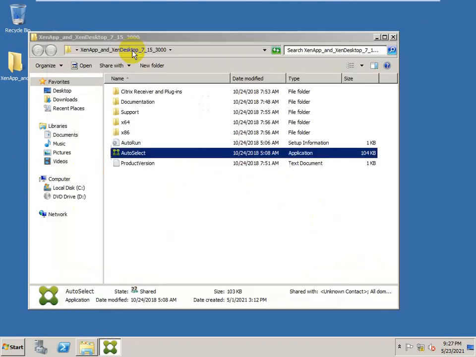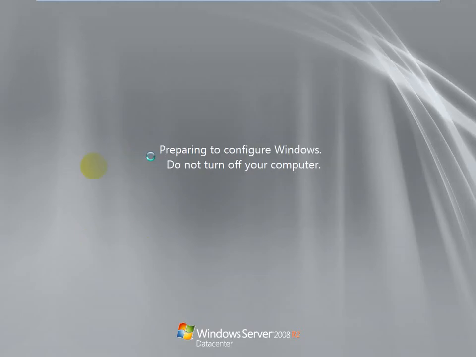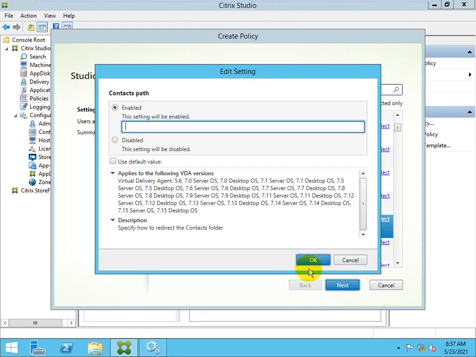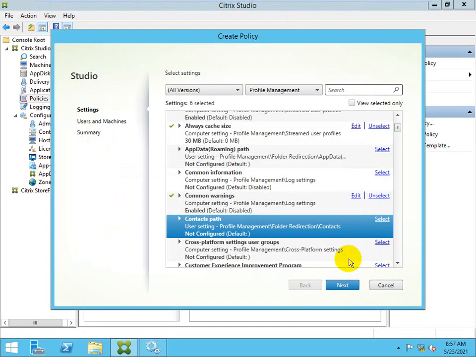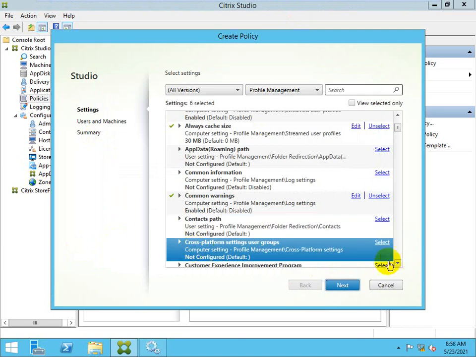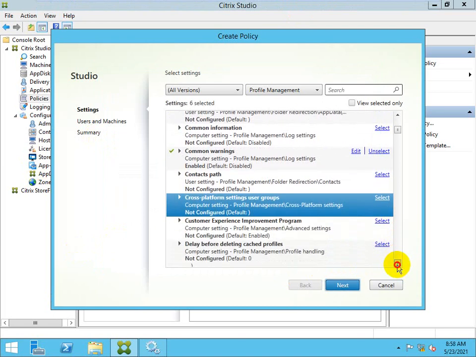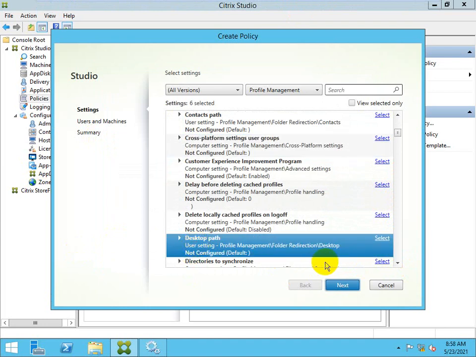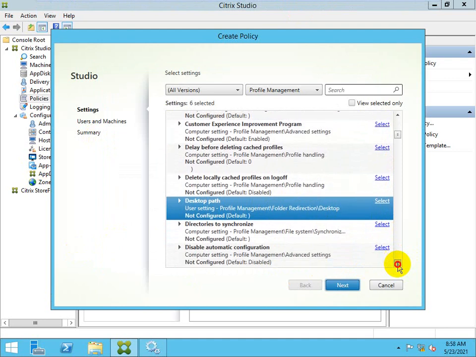After that I will create a shared folder here, and then I will provide the path in the policy. Okay, so right now I'm keeping this disabled. Cross platform setting group, customer experience. This is the desktop path for folder redirection. Okay, I need to put this also.